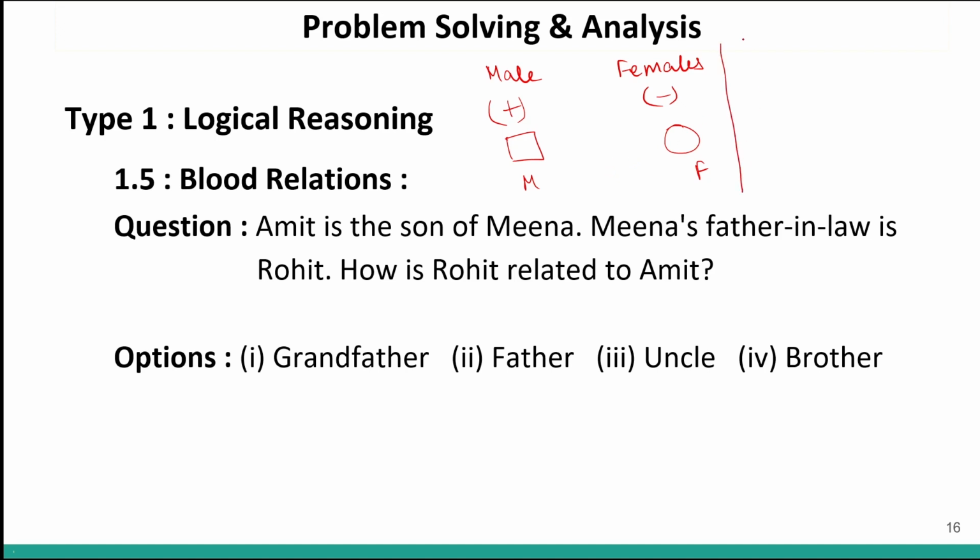Then how to represent siblings and spouse to avoid confusion in the same generation, right? So siblings, let's say you are representing like this. I represent my siblings like this. Sometimes people draw a straight line for siblings, and for spouses they draw a double line like this. So whatever is your comfort, follow it that way. Just remember whatever logic you are using. Okay. So concept of blood relations clear.